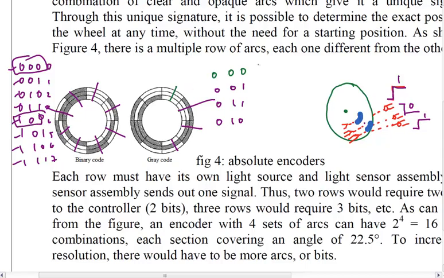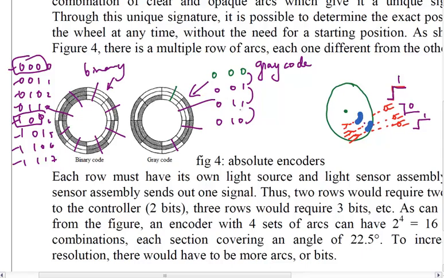Here it is the same. The only thing is that this is in gray code, and we know that in gray code, with every step you only have one bit change. So here you can see it is 0, 0, 0, then 0, 0, 1, and then 0, 1, 0. So one and the same thing. Here this is simple binary, and here it is simple